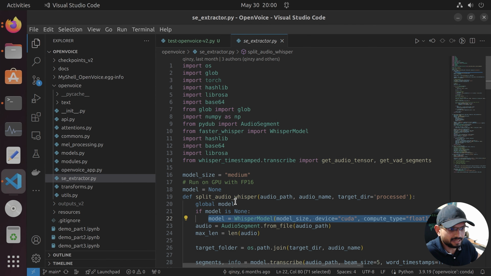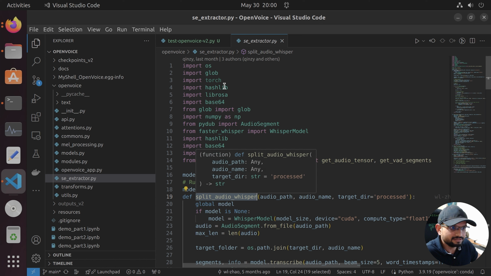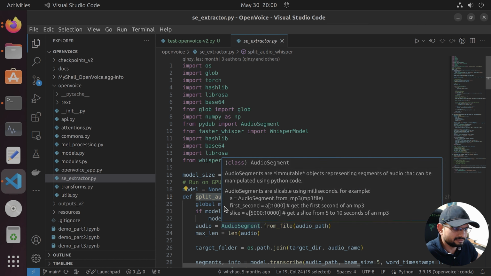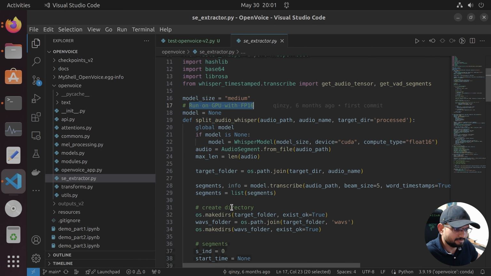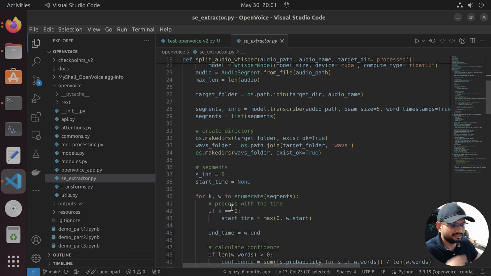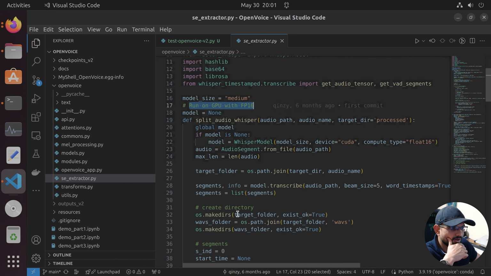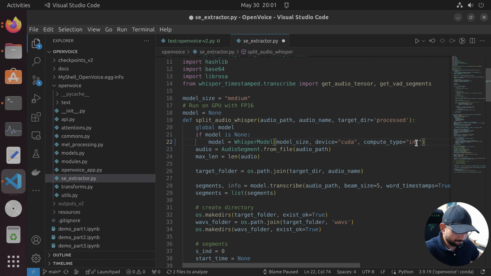But this is a faster Whisper dependency, which is being carried on in this particular project structure over here. And ideally, when they are creating this particular method, they should have let us choose which kind of GPU we want to run it on, right? So model size medium, run on GPU with FP16, and this is the method that is going in and running that particular model. But we do not want it hard-coded to always run on FP16. This is where we can either change it to float 32 or int 8. So let's change it to int 8,